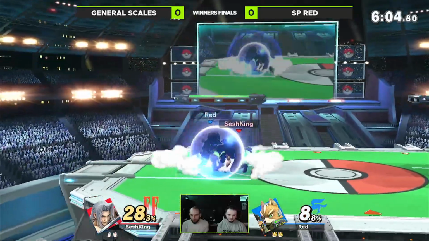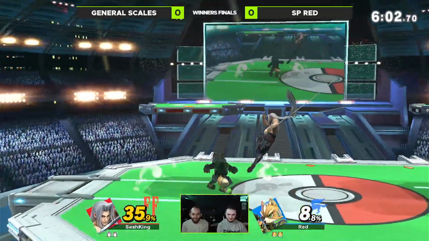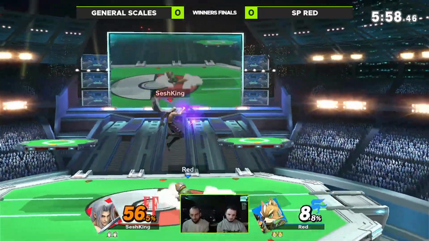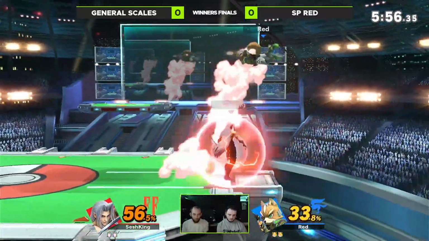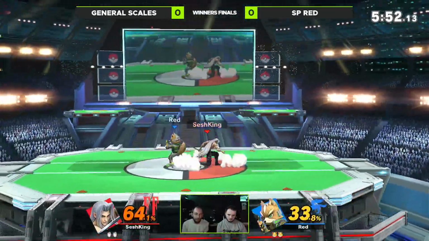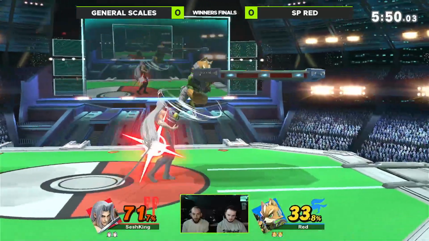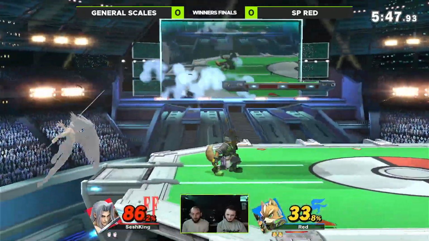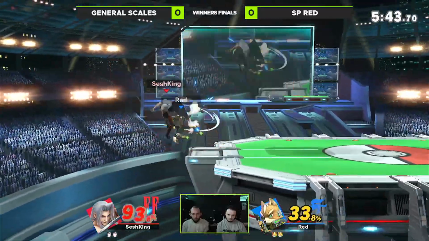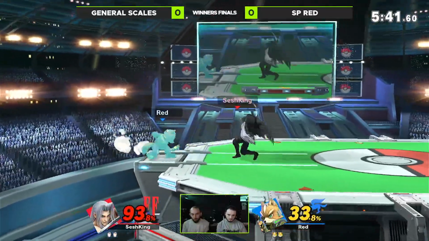Yeah, I mean, Fox is incredibly light. Sephiroth has some very big hitboxes that do a lot of damage as well. So these can be quite quick stock takes for General Scales. You know, we see him on the back foot, but General Scales has sort of taken Red's first stock,